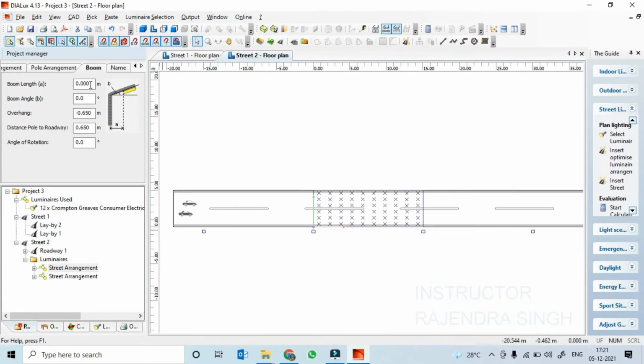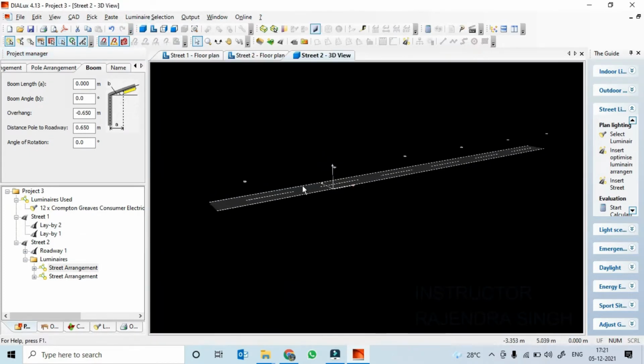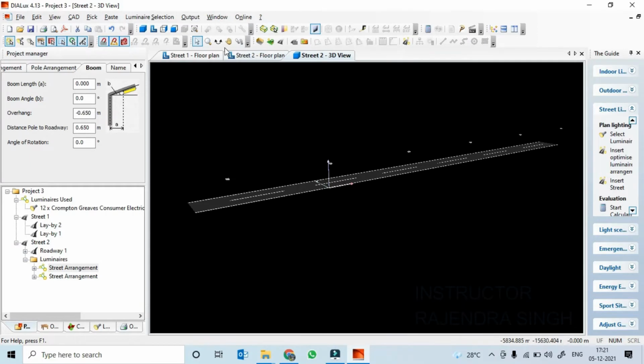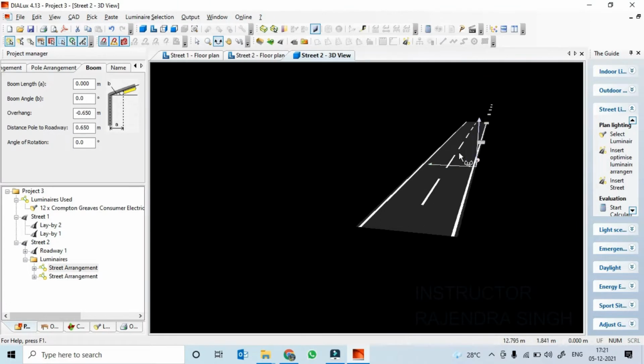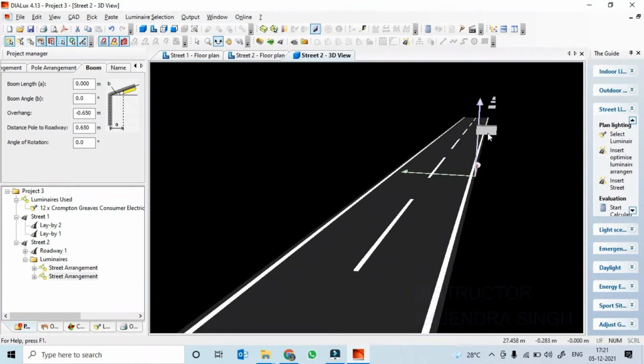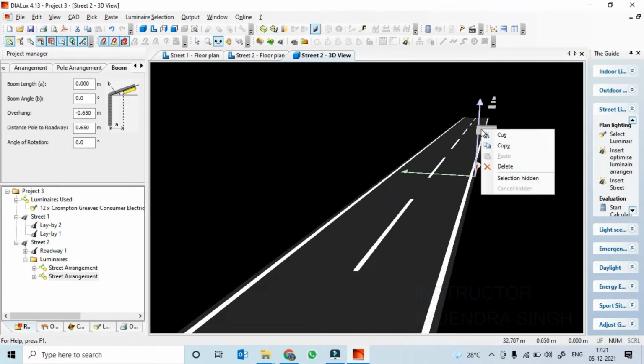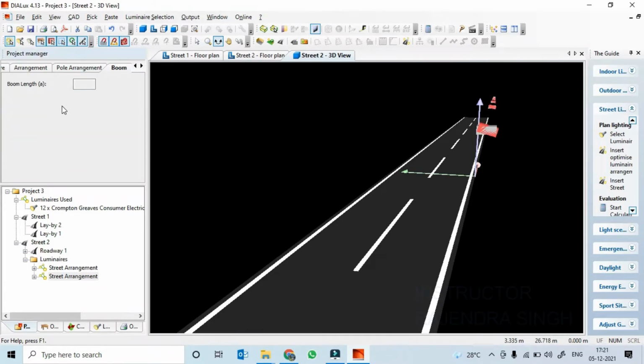So you can just have a look onto the 3D itself. How does it look like? And just rotate here. Right. So let's say this is the fixture, and I want to update the boom length, boom angle, maybe tilted to 15 degree, right? So that would be best, or for a 15 meter, maybe 25 degree. 25 would be too high, so 15 degree is better. And the boom length, which you want to see here, is let's say 1 meter or something.